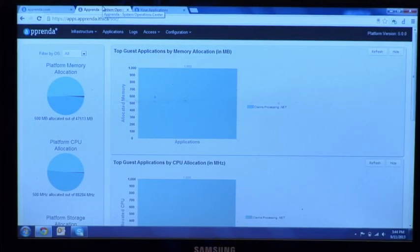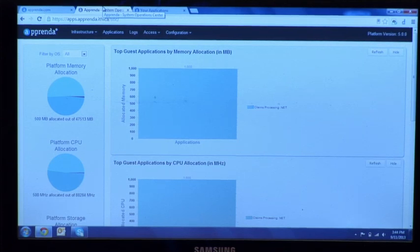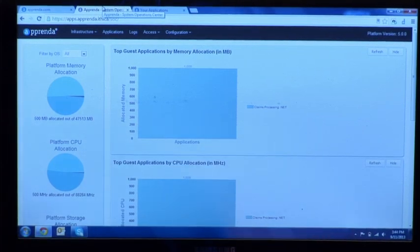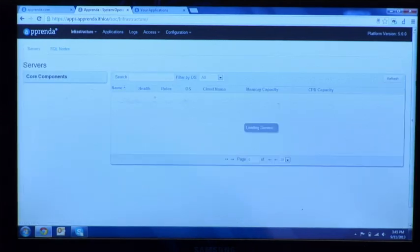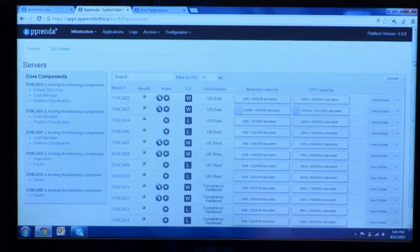So our technology has two primary end users inside someplace like a bank, like a JP Morgan. One is the IT staff that runs the cloud, and second is the developers within that organization that actually consume the cloud and deploy applications. We're going to start off in a portal that actually shows the infrastructure and the servers underlying an Apprenda private cloud deployment. So if I take a look at the servers in this instance of Apprenda, I'll notice that I